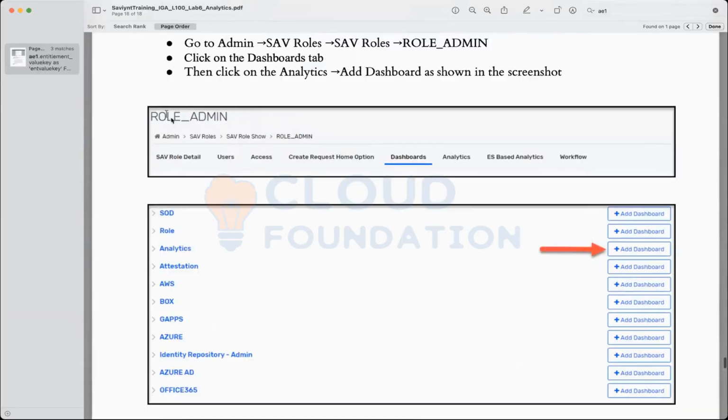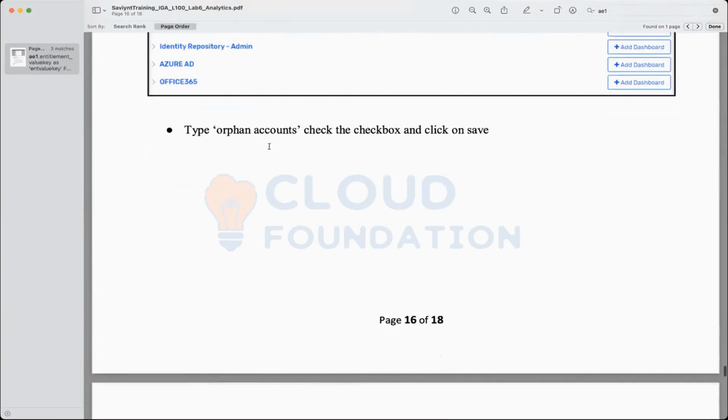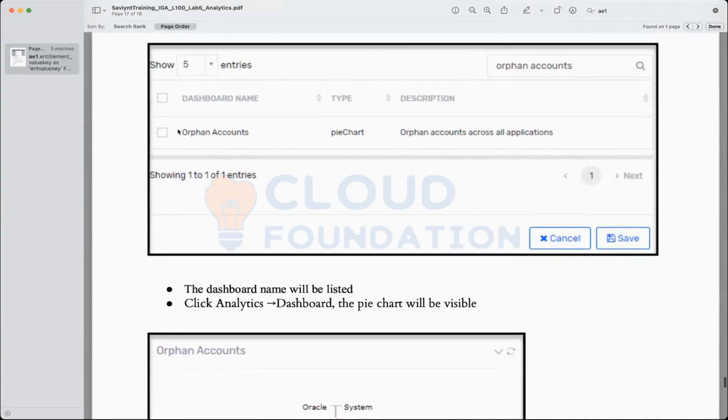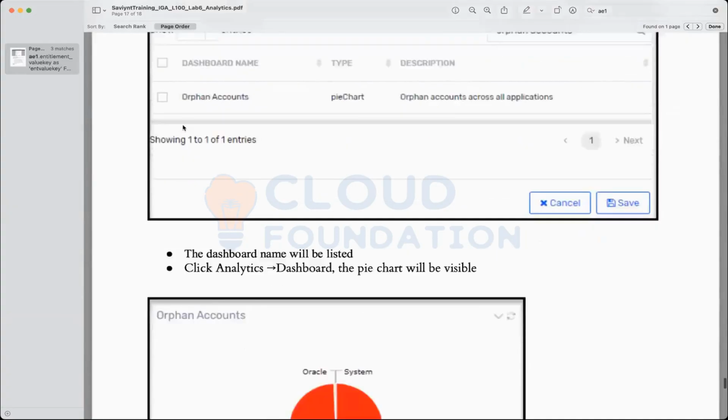For that, you can go to Role Admin. There is an option called dashboards. There are various pre-configured dashboards there. Within that, if you want, you can click on Analytics, click on Add Dashboard, and then type orphan accounts, and the one that you get is the one, right? You check mark it.